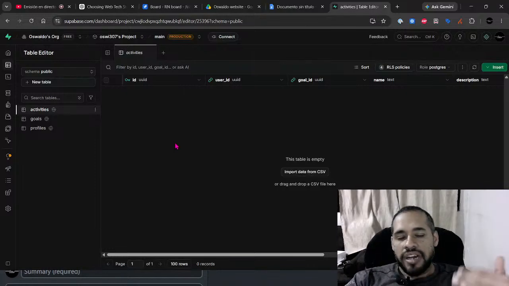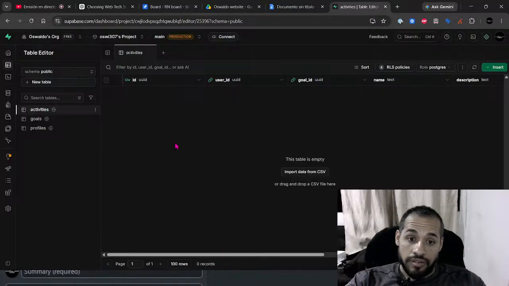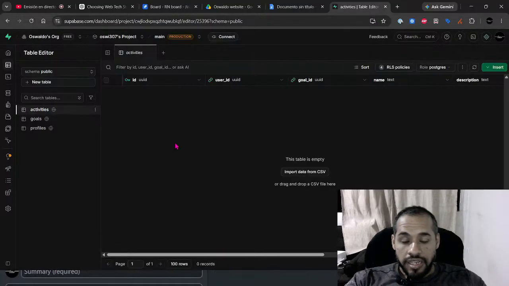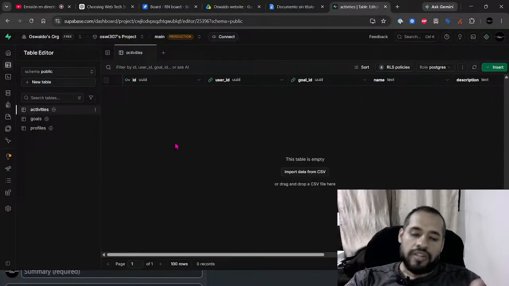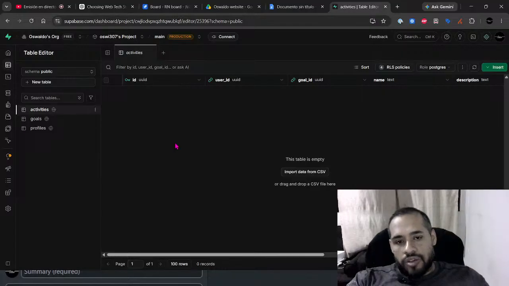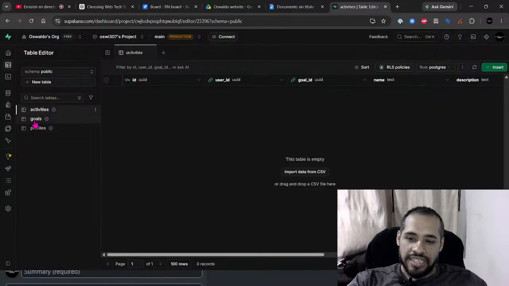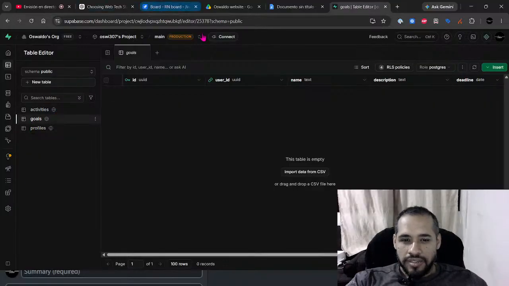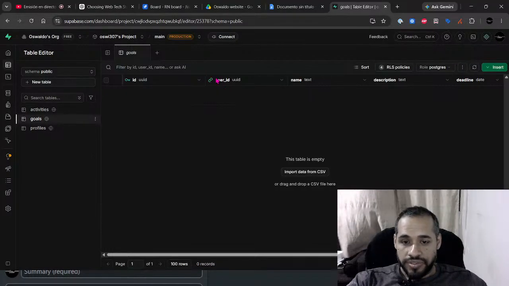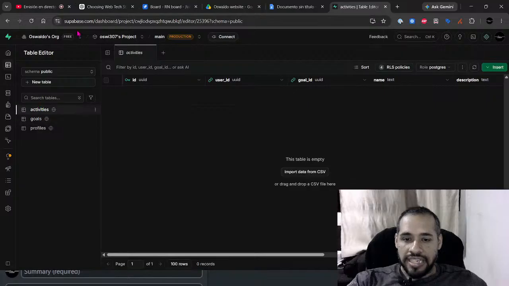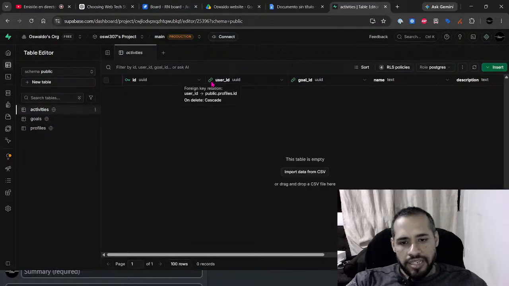When you are logging all the information, you need to see to which user each goal is related, and the same with activity. ChatGPT already knows that, and it created the relationships. For example, goals are related to the user ID, and at the same time, activities are related to goals and to user ID.